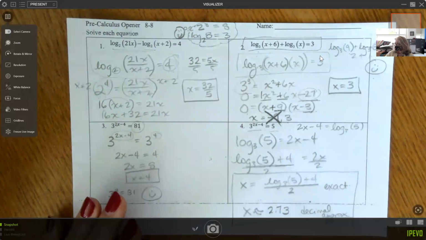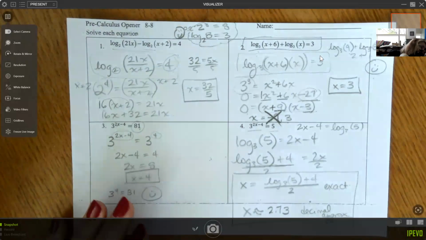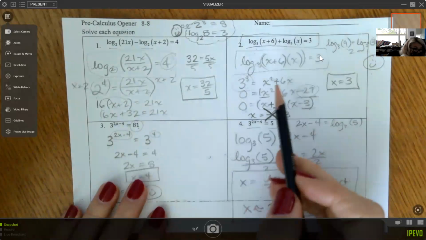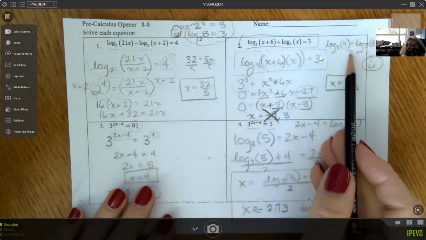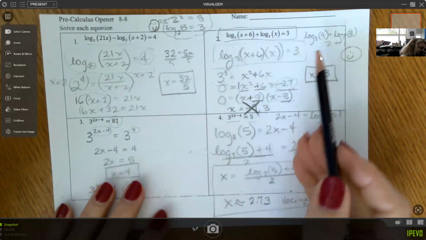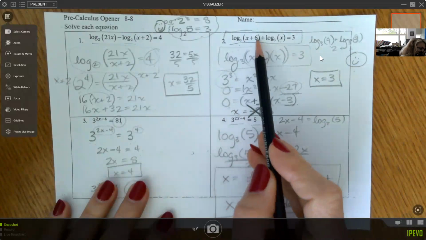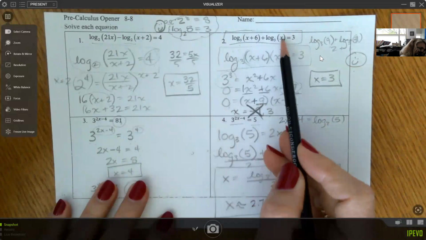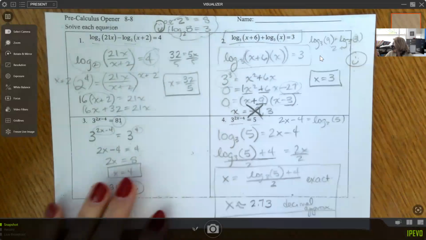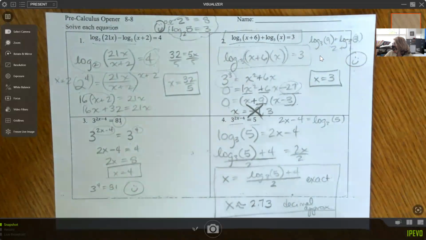It is extraneous, okay? So then this one, it's easy to do in your head and see that it works, right? I put in my x being 3, log base 3 of 9. Well, that's 2. Log base 3 of 3, that's 1. 2 plus 1. Like that one, it's easy to just put it in and you can just tell easily